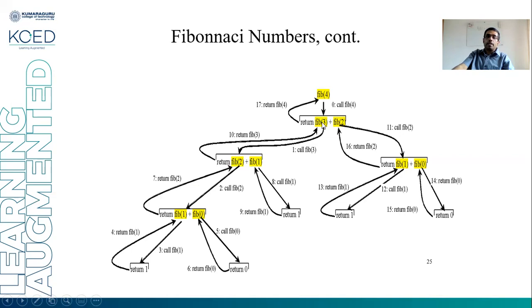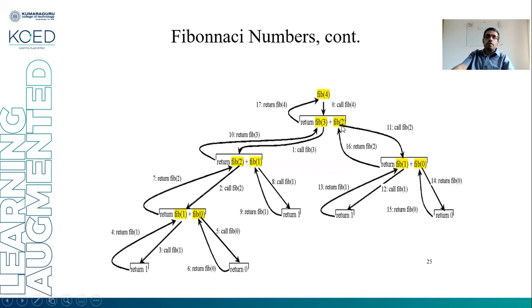Okay, then what will happen? Here actually we are calling fib of 2. Okay, it is greater than or equal to 2. So how to calculate it? It will be fib of 1 plus fib of 0. Okay, on the left side, first fib of 1 will get calculated. Then what will happen? Fib of 1, they will return the value 1. Fib of 0 return the value 0, and it will return to the 16th step. Okay, it will return the value of 2.